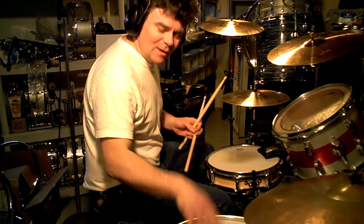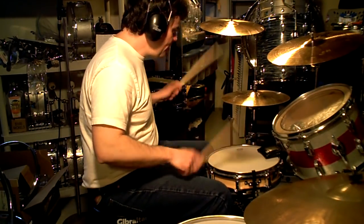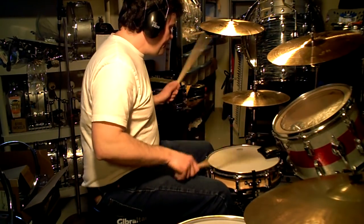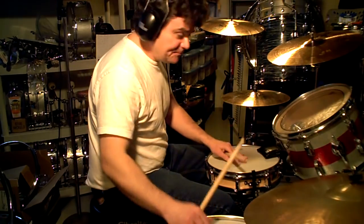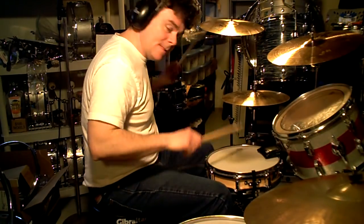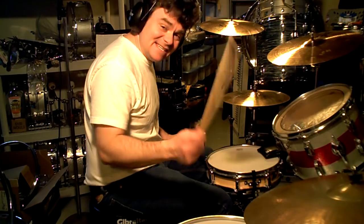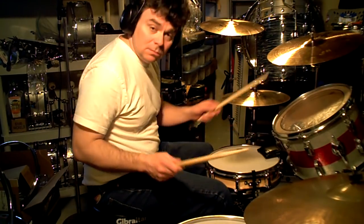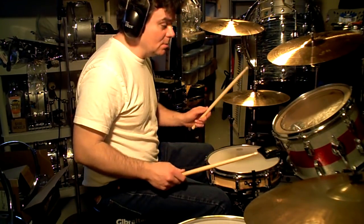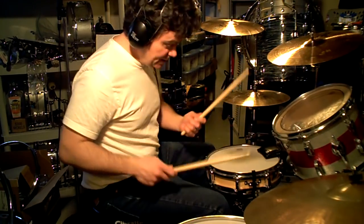Just loop that. And again, if you want to throw the floor tom thing in, you can. Okay? And then, remember, again, to ultra summarize, the second part's the same thing. Okay? Everything's the same, except you go, it's all you do. At that point, you don't go, you just go, that's it. But then right after that,